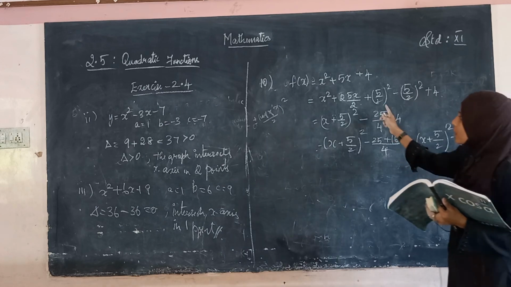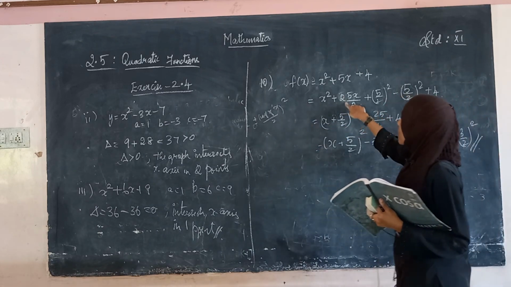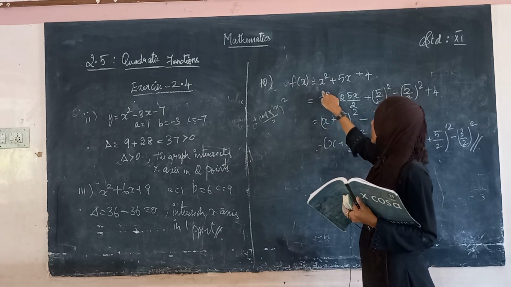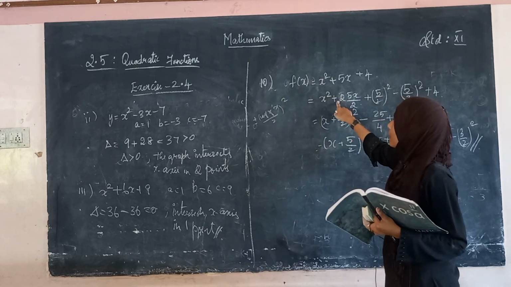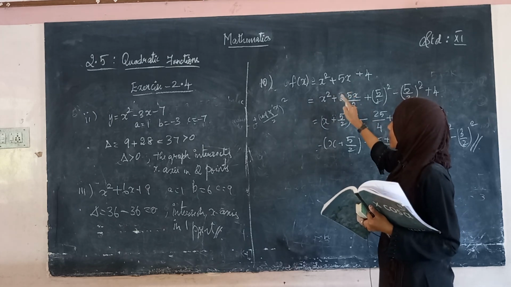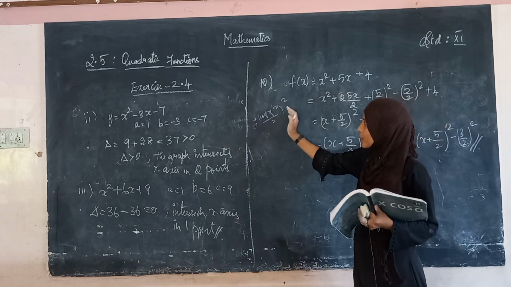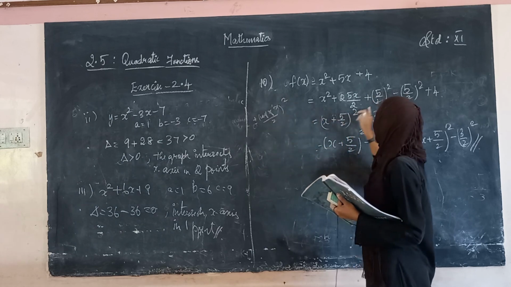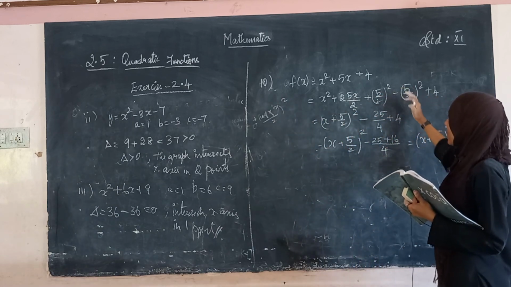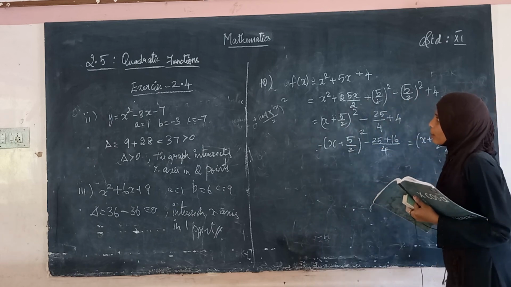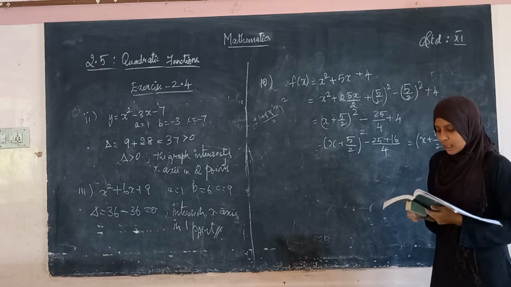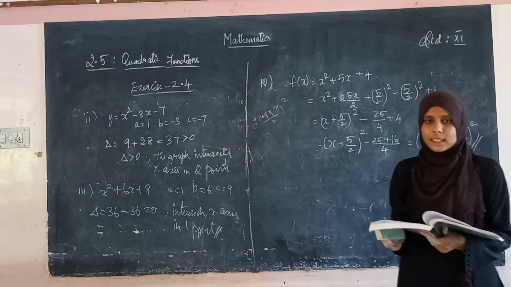Okay, don't get confused, that is plus or minus coefficient. First we have to take out the coefficient of x square, then you have to multiply and divide by 2 in the second term, then you have to do this plus or minus coefficient of x divided by 2 the whole square, that is here plus 5 divided by 2 the whole square minus 5 divided by 2 the whole square. Next you have to form this. Okay, so with this we are completing this exercise. So let's meet in the next class. Thank you, students.